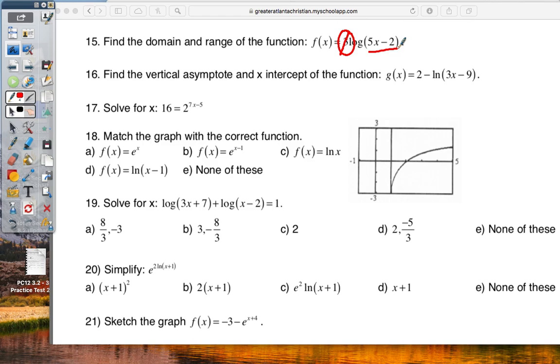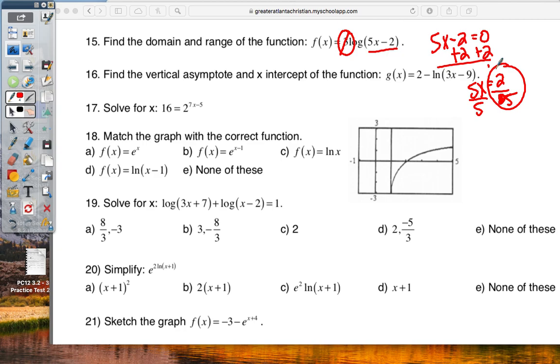Now the inside of the parentheses does what? Moves it right or left, right? It depends on what it would be equal to. So I could set 5x minus 2 equal to 0. And what would that do to my x equals now when I solve? Good, yeah, we're just going to add 2. Divide by 5. And that would be 2/5. Good. And I say that really pushes the graph 2/5 to the right, which traditionally has a vertical asymptote at